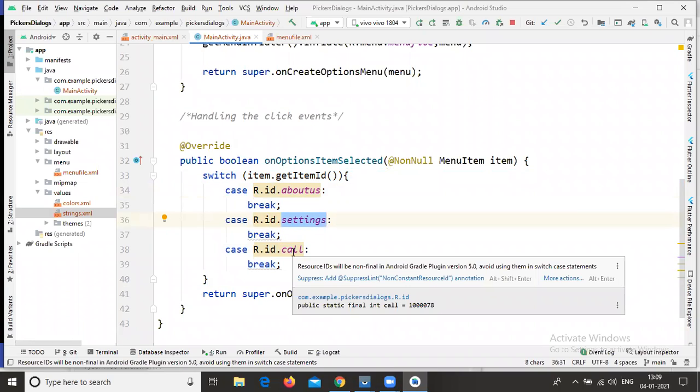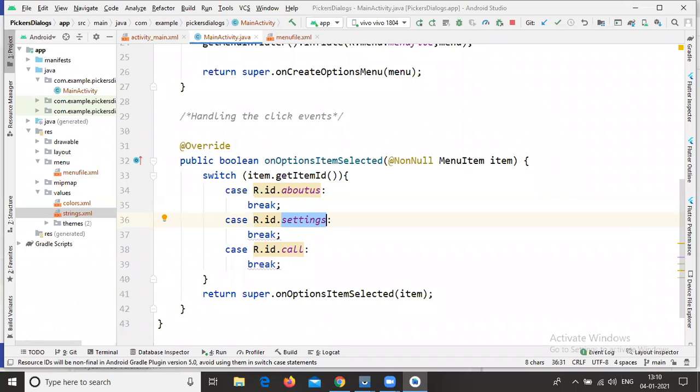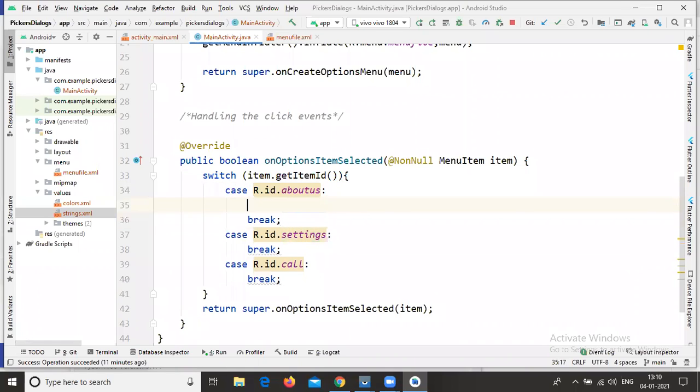If you want to implement call, you can write only call. In each and every case, we need to implement a toast message. You already know how to write these toast messages. So in each and every case, you can write a simple toast message.